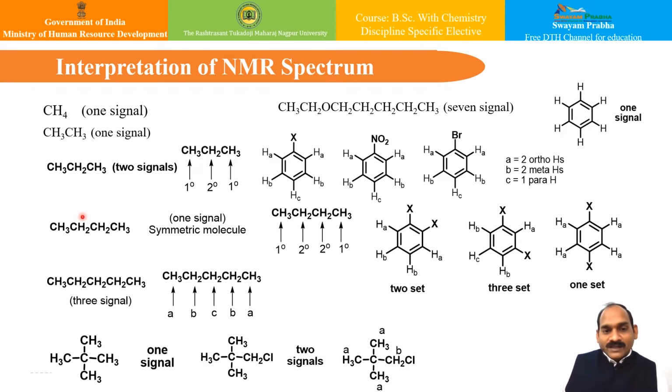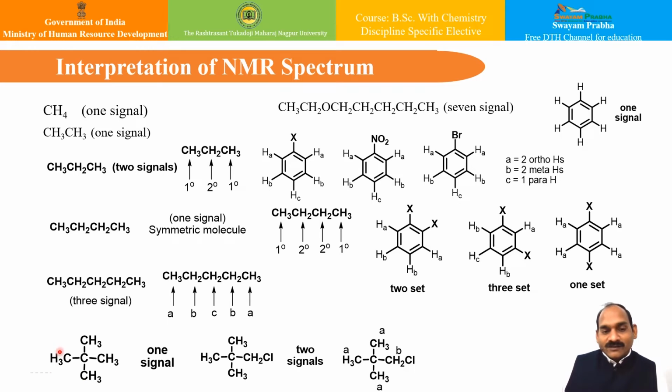In this case of butane, you can have symmetric molecules, with one kind of proton and the other kind of proton. So there will be complete symmetry, and therefore there will be only one signal. Likewise, in this case, you can have one kind, second kind, this is third kind because the environment is changed, this is again the second kind, and this is first kind. So all in all, 1, 2, and 3. So this particular compound will give three signals in your NMR.